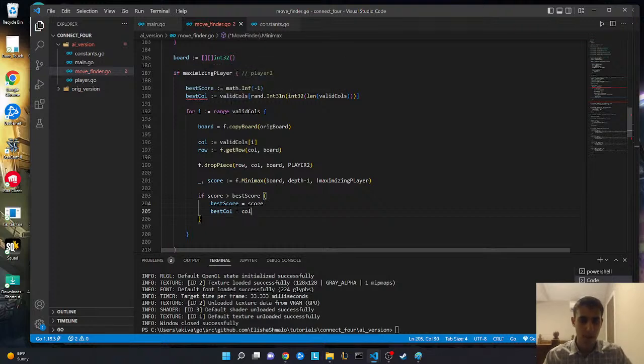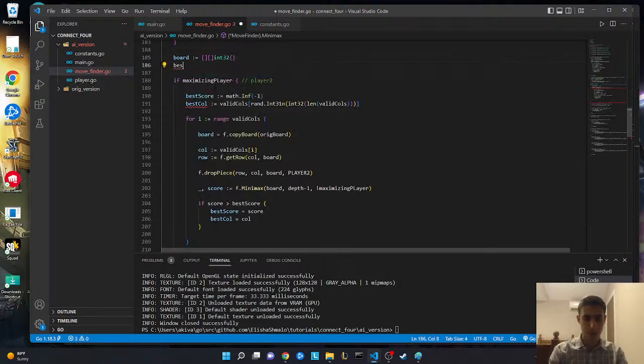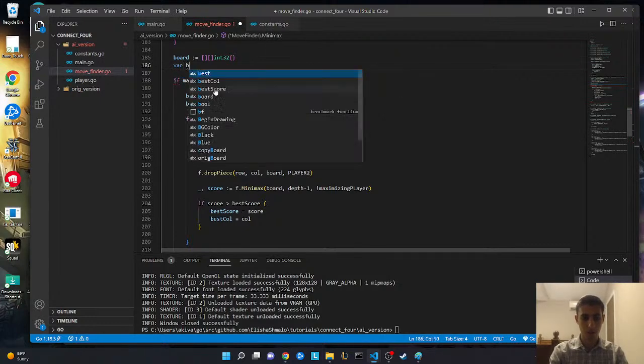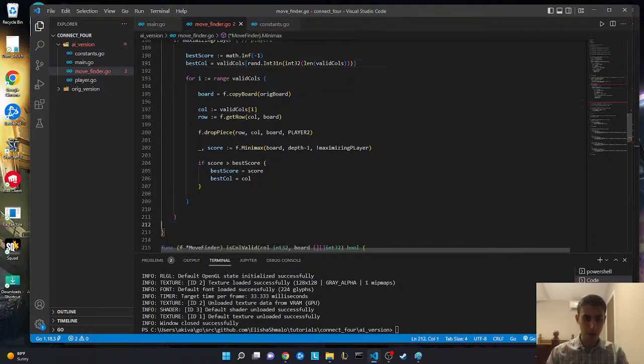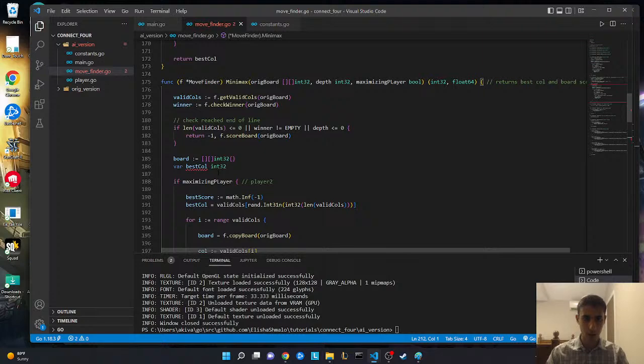Best column equals column. Yeah, over here we don't need to initialize best column down here. We can initialize it up here. Actually, you know what? Var best call, and this will be of type int 32. And then best column over here equals that. And then down here, all the way at the end of our function,